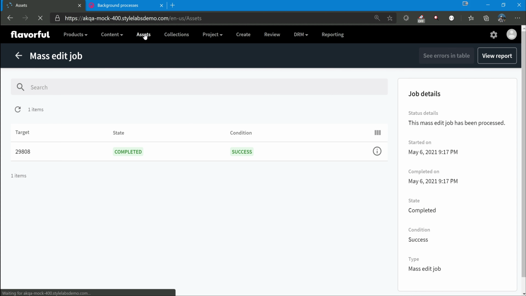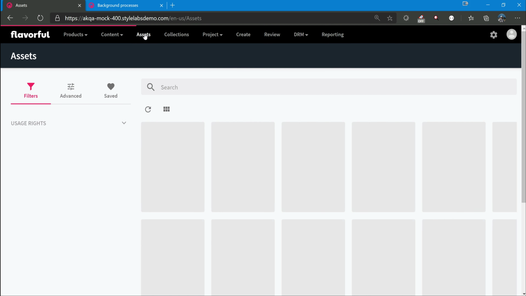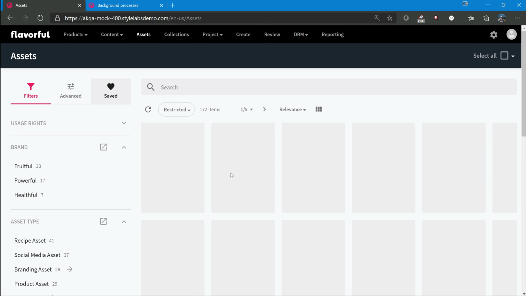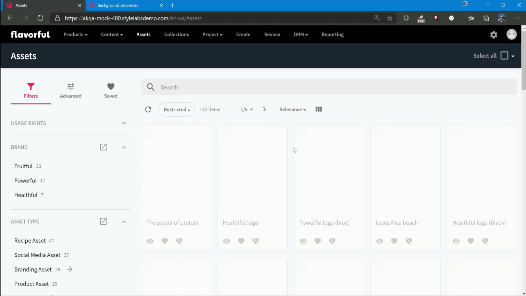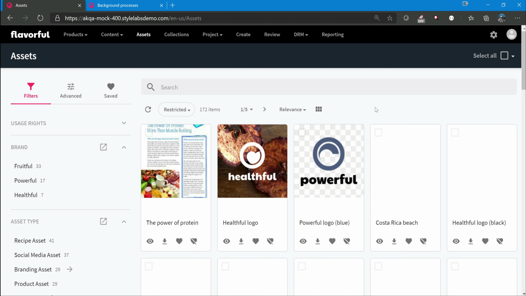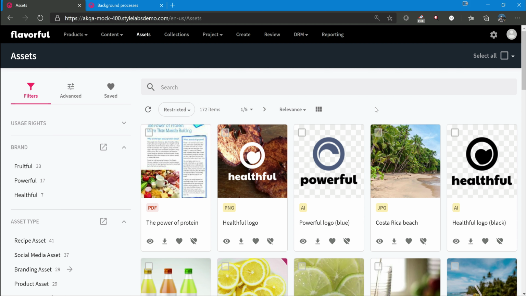And a big challenge here is, especially when content authors are working with a simple few assets, they want to delete, modify, upload, it's all fine. But imagine a scenario when we are newly migrated from different systems, all the assets here, and we want to maybe delete a large number of assets based on some filters. Problem is there is some limitation on the UI aspect. If I select all, I can select 172 based on the filters, and I can just delete all of them. That mass edit job would be created and all of the 172 assets get deleted.